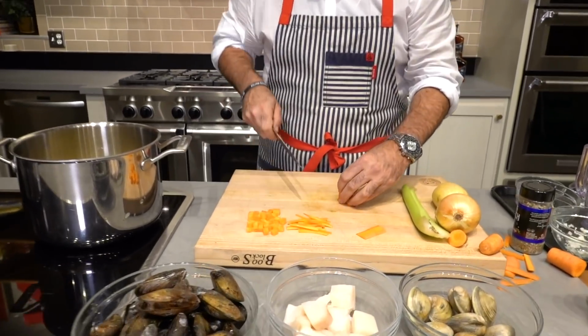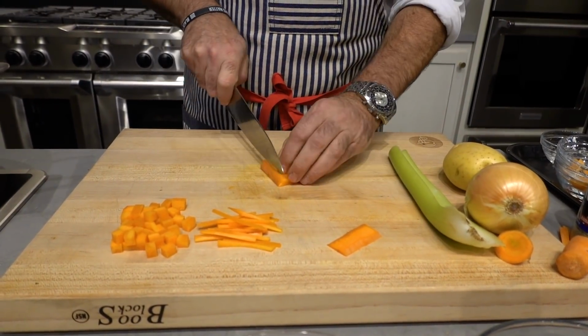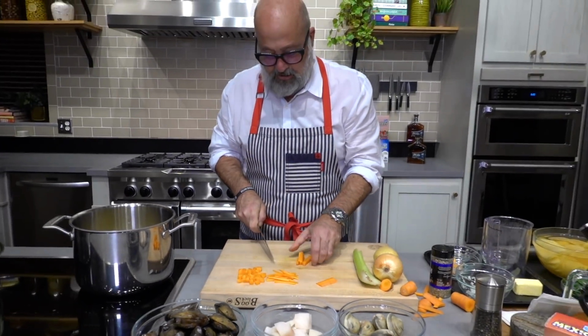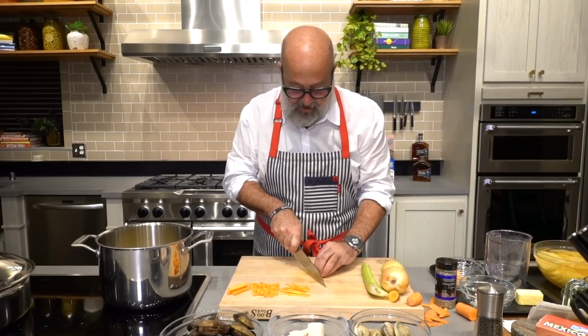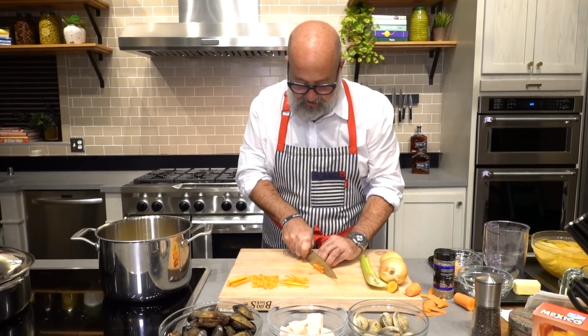And I wind up with a pile of perfect matchsticks. See how that is? So there's the matchstick. There are those batons that we're talking about that brought us to this 1/4-inch dice. And I'll use this little piece here. If I cut matchsticks